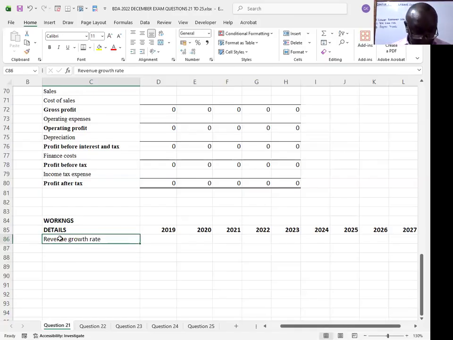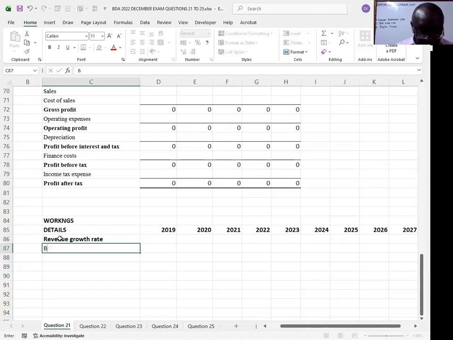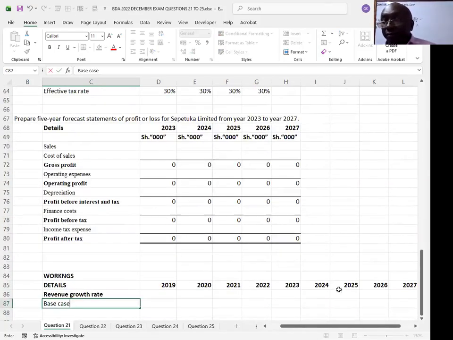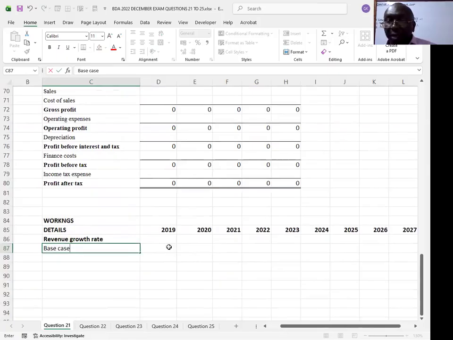Revenue growth rate, you can make it bold. Now there are three cases. There is the base case. So the base case for 2023 here,